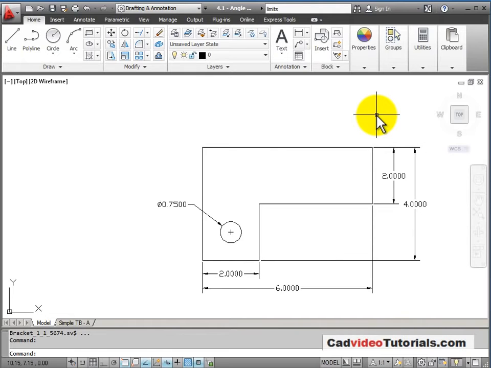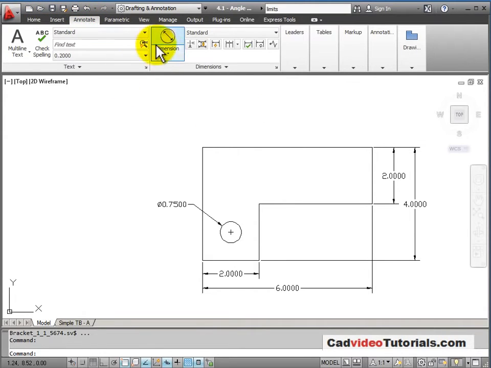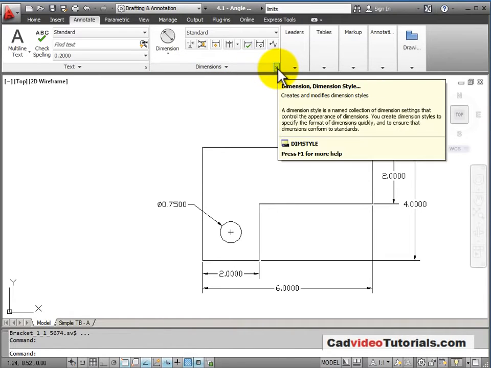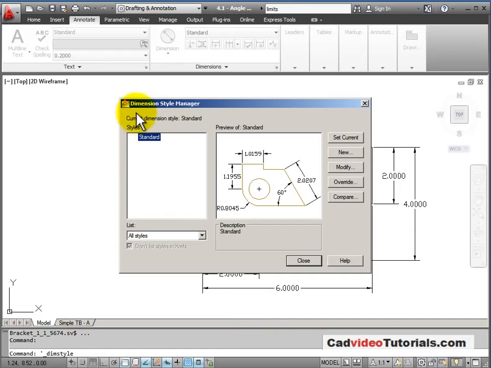Now, in looking at my dimensions, I notice that the precision is set to 4 decimal places, and I only wanted 2. To change this in my dimensions, I have to edit my dimension style. That can be found on the Annotate tab. Under Dimensions, you have this small arrow in the lower right corner, which when I click opens up my Dimension